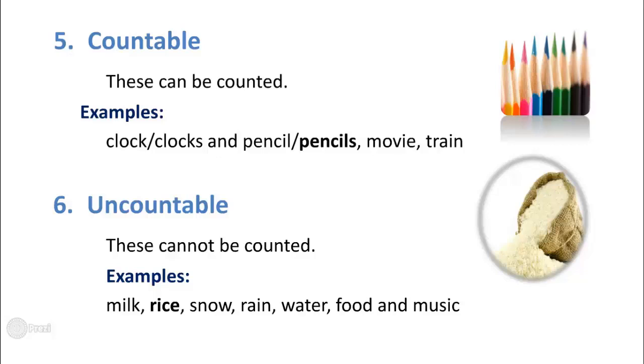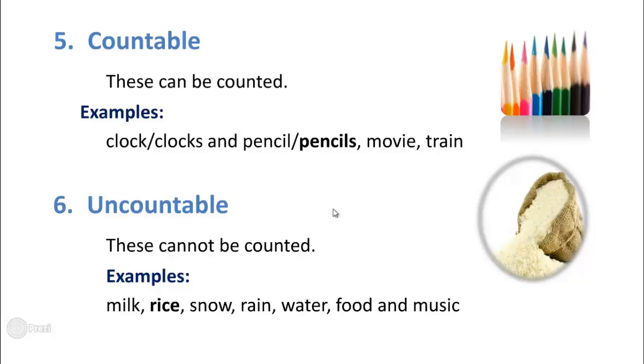The countable nouns are nouns that can take an S. If you add an S, the S letter, to the noun, and it still makes sense, then it is countable. But if you take these other concepts like milk, rice, snow, rain, water, food, and music, and you add S and it doesn't sound that right, that's a good indicator of it being an uncountable noun,